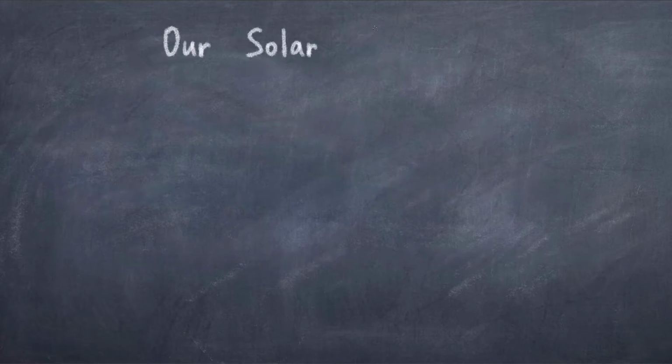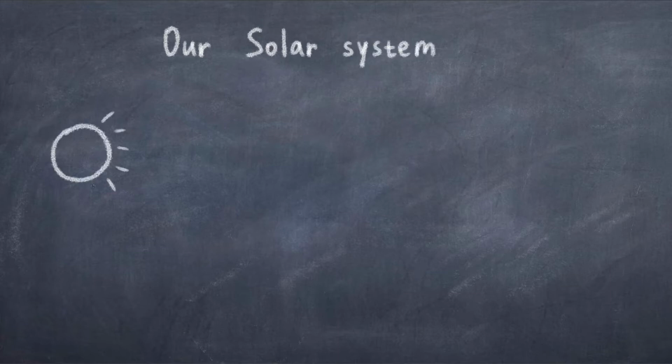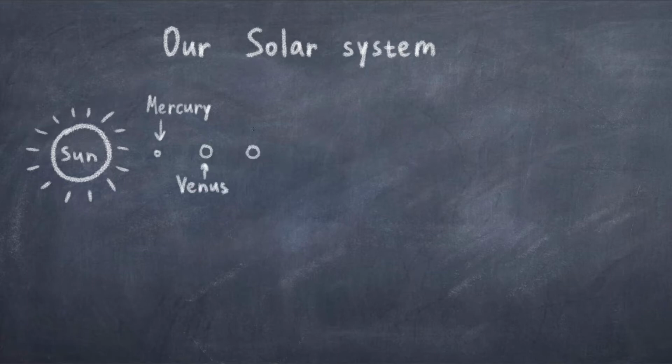Before applying what we have learned, let's just go over the content of our solar system. The center of any solar system is a star or many stars, and in our case we have named our star the Sun. Starting with the planets closest to the Sun, we have Mercury, which, as mentioned before, can't be fully described using Newtonian mechanics.